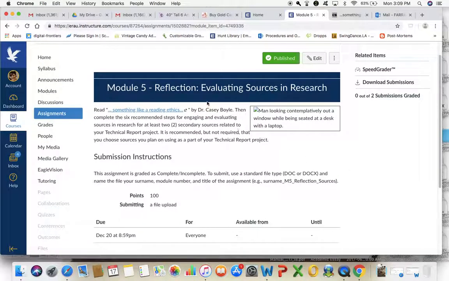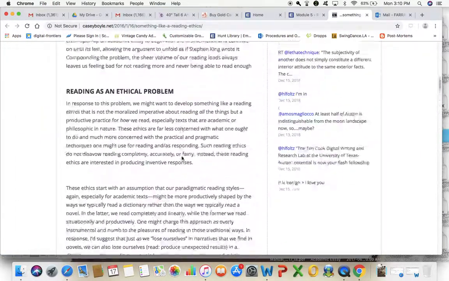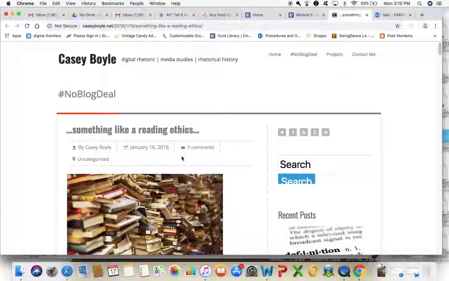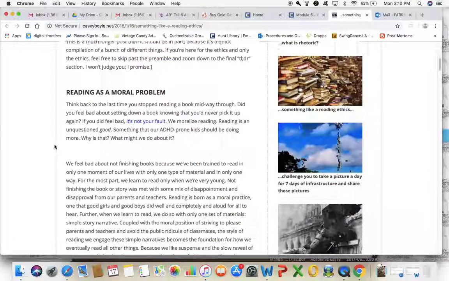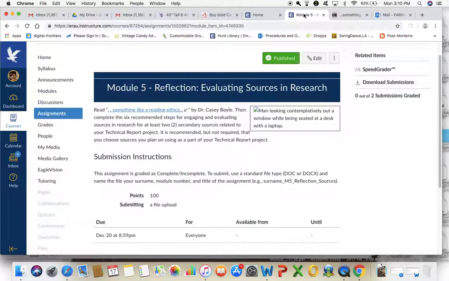So that's why you've got this assignment on evaluating sources, because you don't just want to use anything, and hopefully this sounds familiar, right? But you need to make sure that you're using appropriate and credible sources that are also helpful and appropriate for your particular topic. So this one assignment asks you to look at this article online. It's called something like Reading Ethics, and it asks you to look at this because it offers 6 steps,